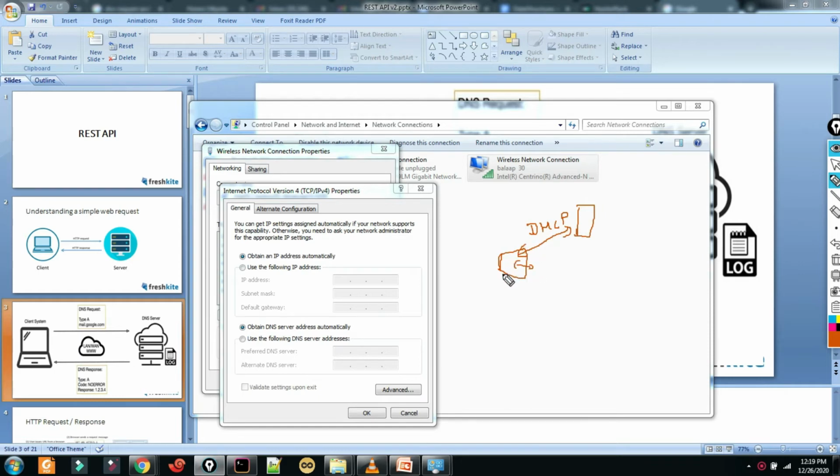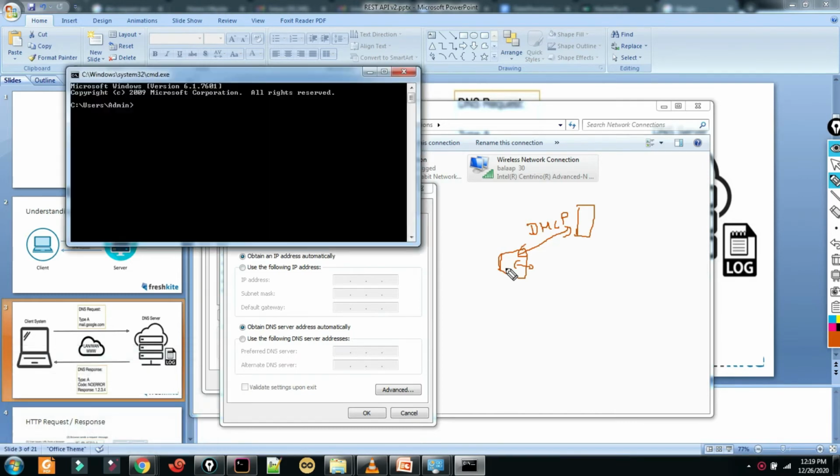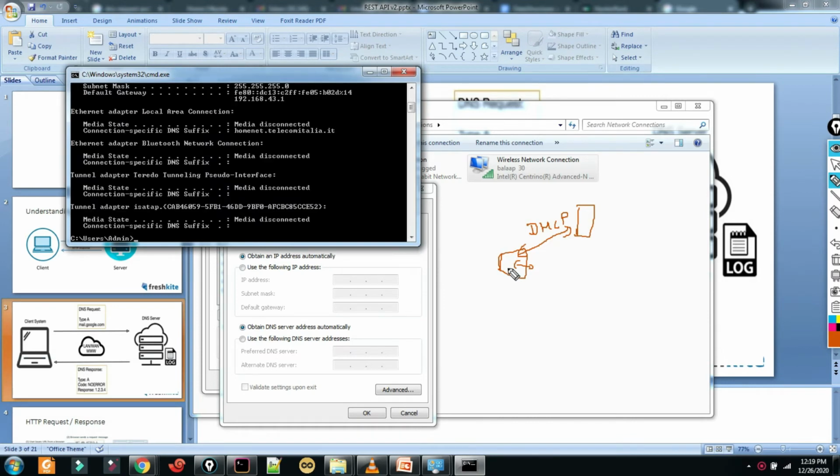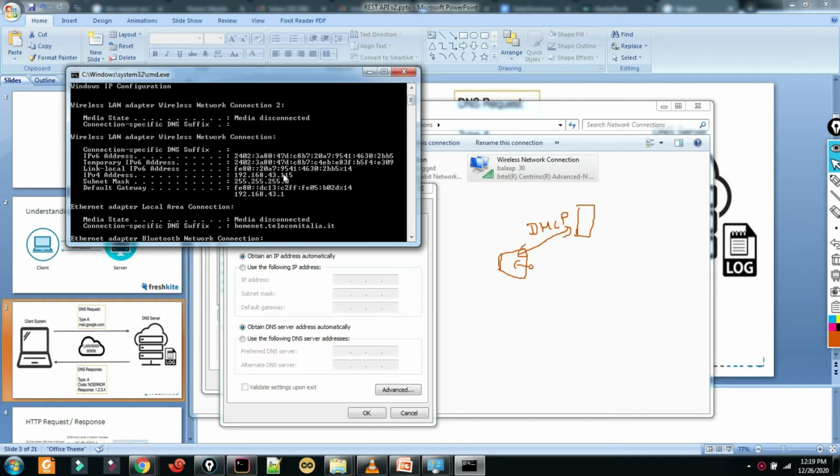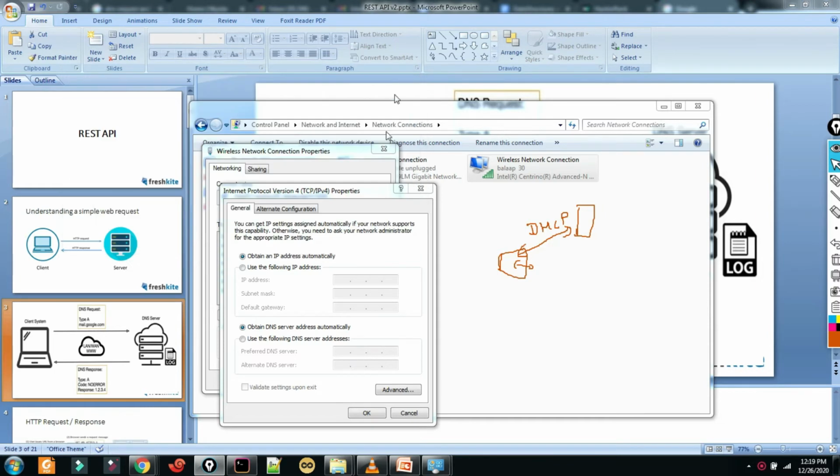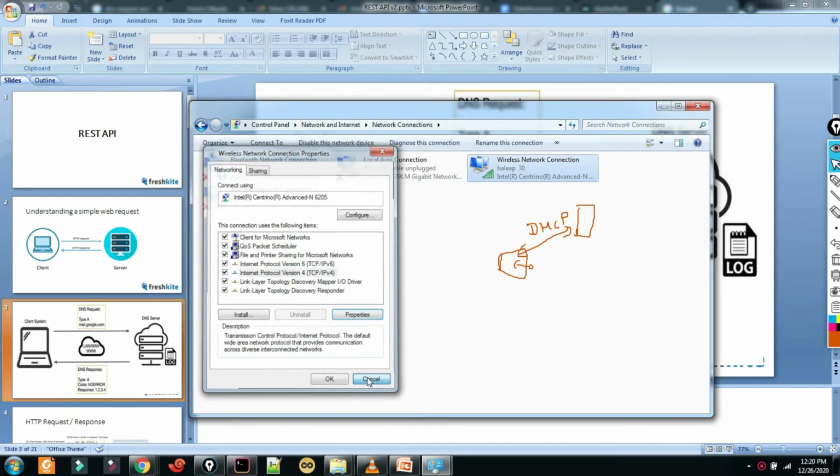When you have this, you type ipconfig in your command prompt, right? You type ipconfig, you get to see the IP address here. This IP address, your system IP address, is given by the router you connected to, through DHCP. Now, here you have an option to configure your own DNS server, or the DNS server also can be updated automatically. So the DNS server is updated automatically.